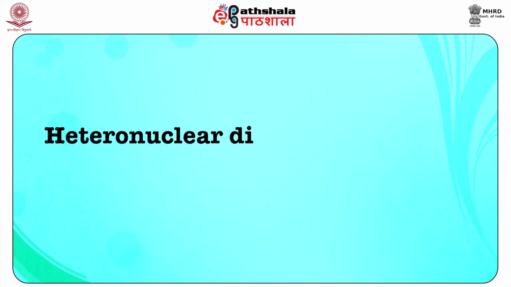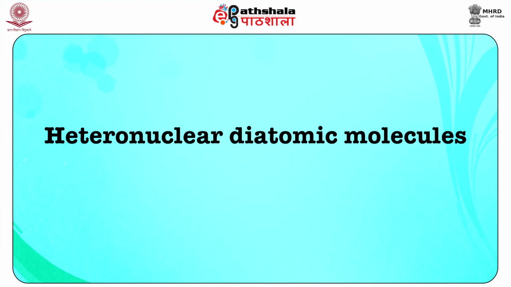Now, we come to heteronuclear diatomic molecules, and for heteronuclear diatomic molecules the procedure will remain the same, but you must keep the following points in mind. The first is that the 2 participating orbitals do not have the same energy. The more electronegative atom has lower energy levels. When 2 orbitals of the same symmetry of the 2 atoms combine, the lower of the 2 goes down in energy and the upper one gets raised in energy.